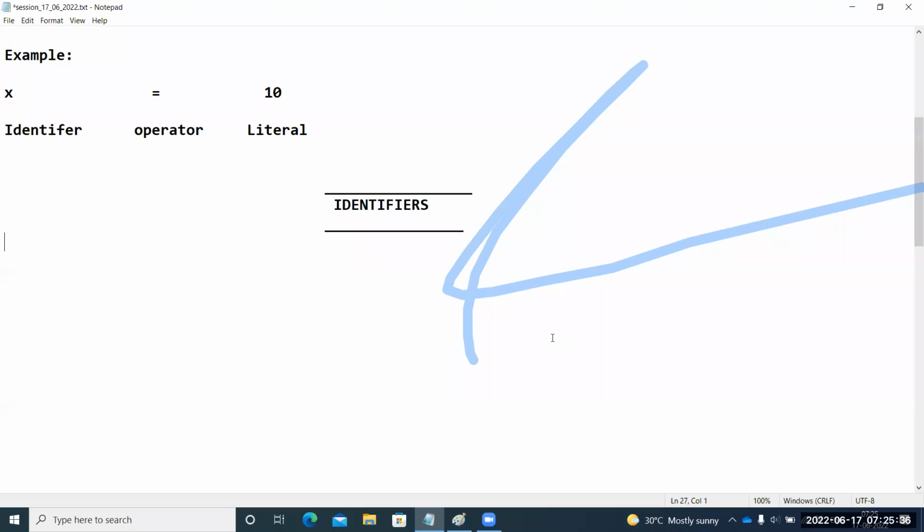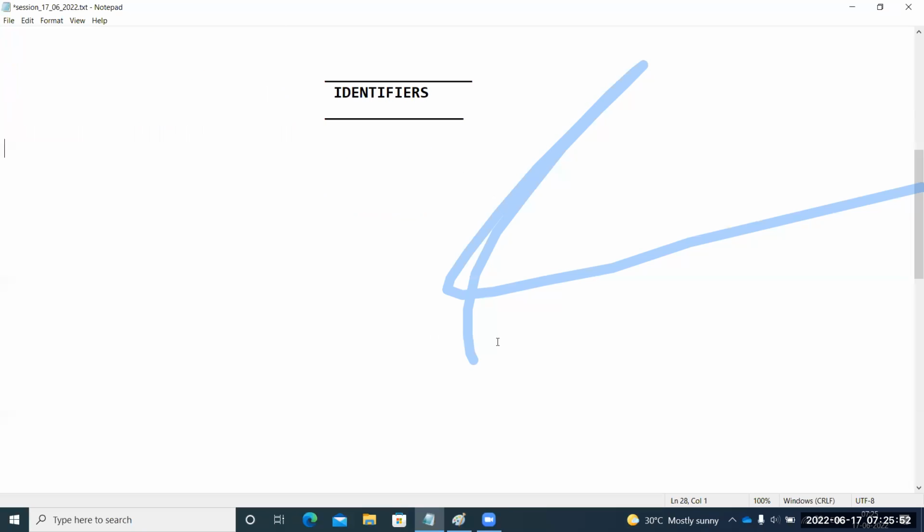Now let me define what is an identifier in Python, guys. Identifiers in Python. Name given to a memory location. No, that is a variable. Turing machines also they use, CFG also they use. That is a different story. Now let me define what is an identifier. An identifier is a sequence of one or more characters.